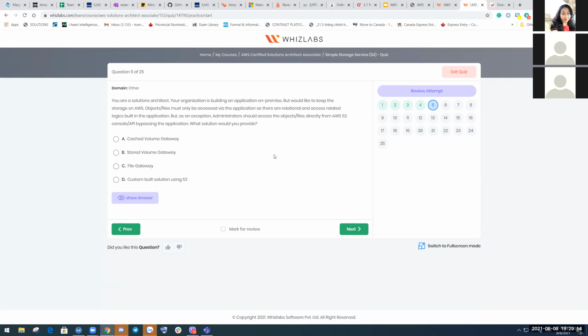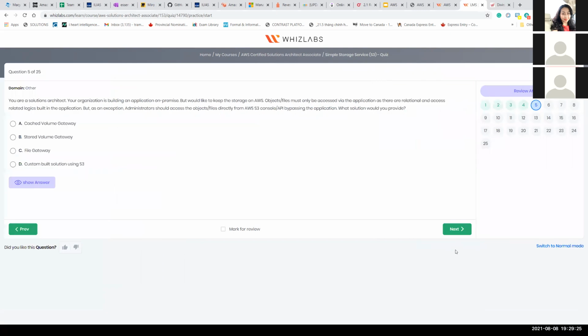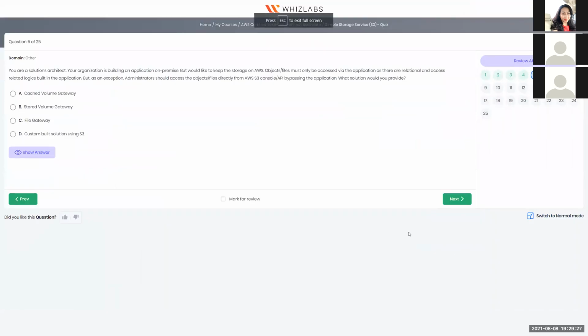Your organization is building an application on-prem, but would like to keep the storage in AWS. Object files must be only accessible via the application, as there are relational and access related logic built into the application. But as an exception, the administrator should access the object via file directly, or API, by bypassing the application. What should you provide? Yeah, they can use file gateway,